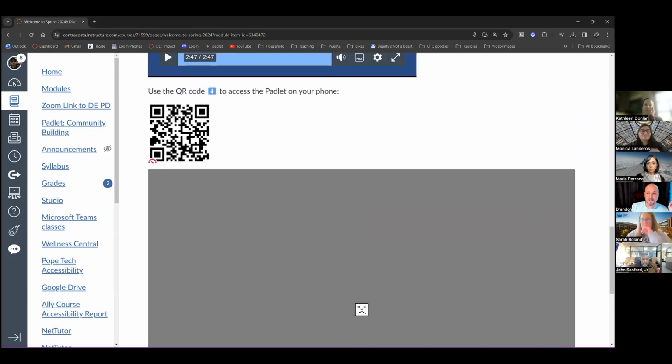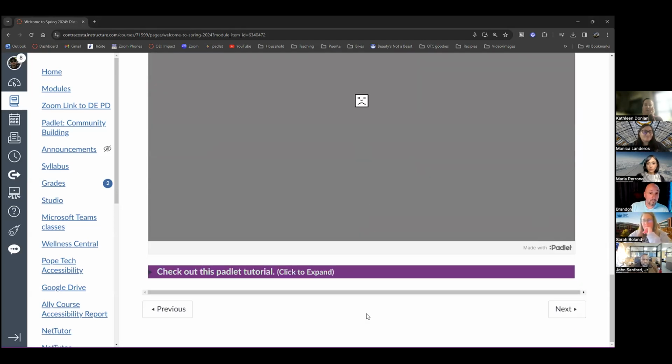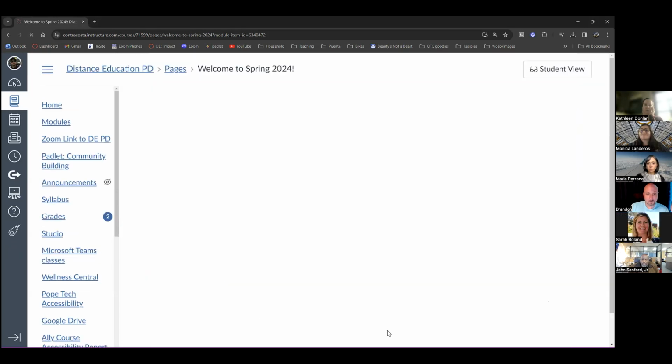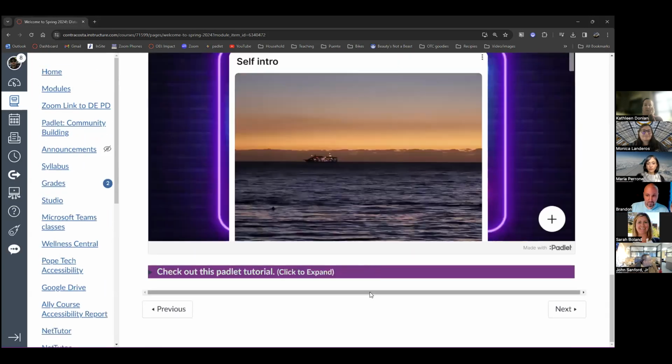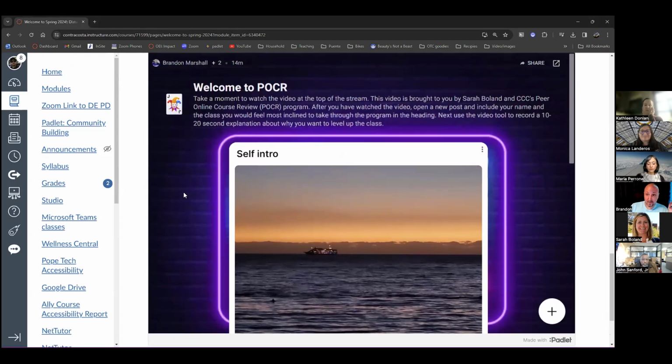It's not going to let me do it because I'm sharing my camera right now, so I'm just going to refresh this screen. Because I'm sharing my camera, I can't do that. We'd have to mute your camera, and then you should be able to put a little video in here, and so people can actually have conversations with one another.